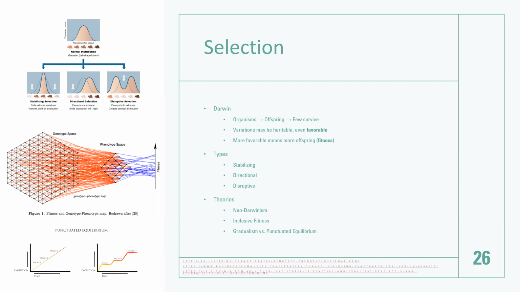Now, let's say the other allele for that gene doesn't have a resistance to antibiotics. The selection is going to be immediate and strongly towards the bacteria with the resistance gene, and that's directional selection. Finally, we have disruptive selection, which is a little rare in that it favors the extremes and doesn't like the